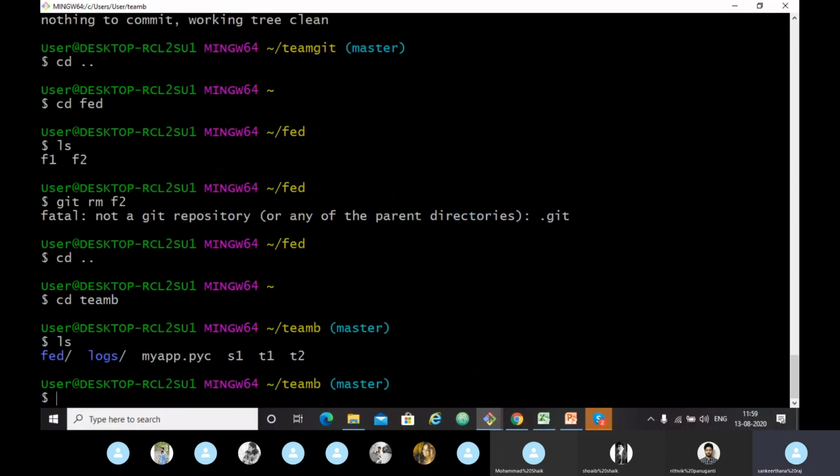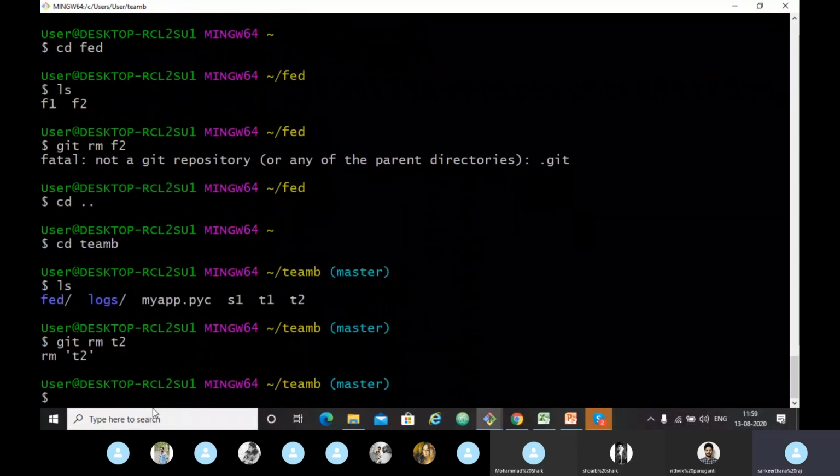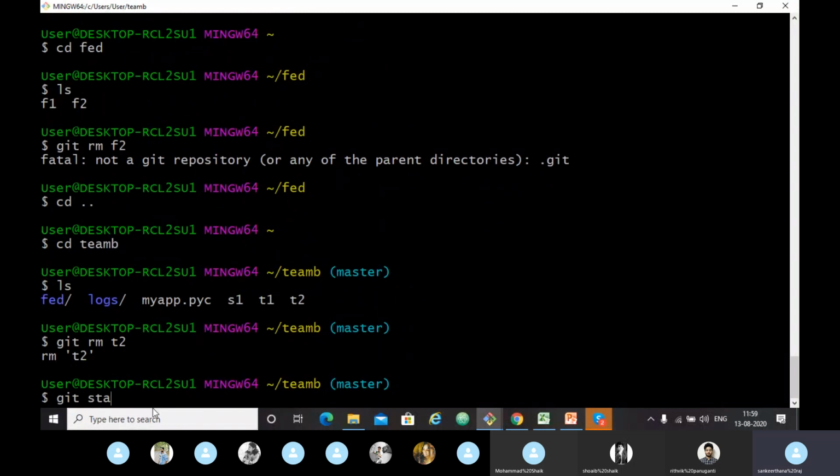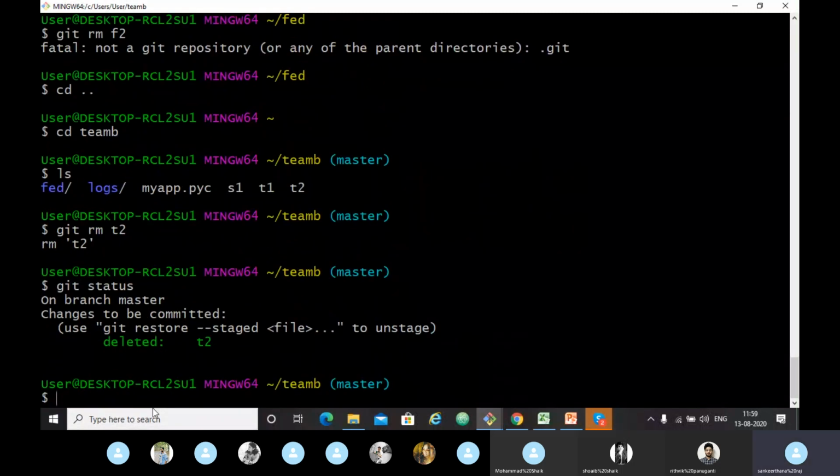Okay guys, let's see. This is another file, and I'm finding some error in that file. So I have another file, team B, which I created yesterday. Now I will use git rm. I have removed the file t2. Let's look at the git status. It shows deleted: t2.